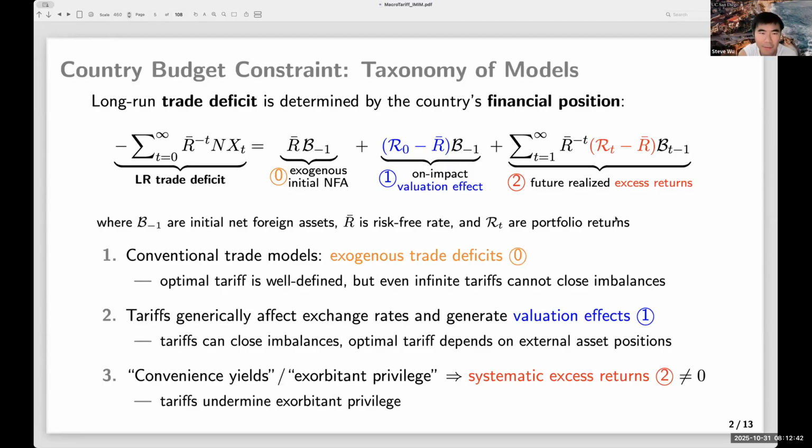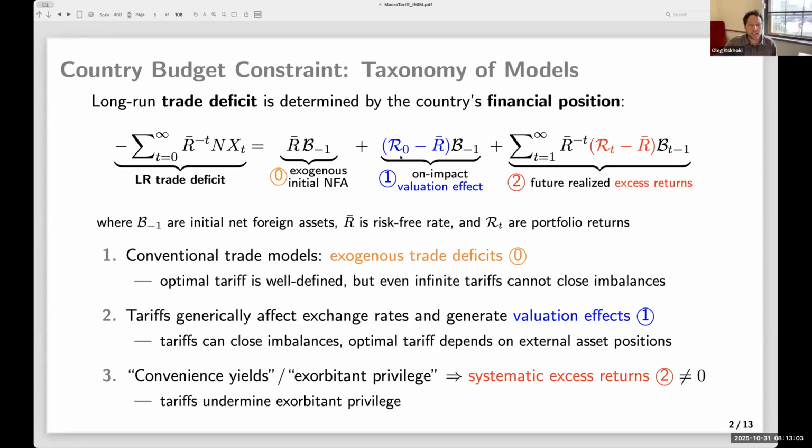why foreigners are willing to hold low return fixed income assets, but there has also been a shift away from them towards maybe high return US equities. It's more a matter of a positive model here. It's not really a model, it's just an accounting identity that any model has to fit. The difference between one and two is really at time zero or in the future.